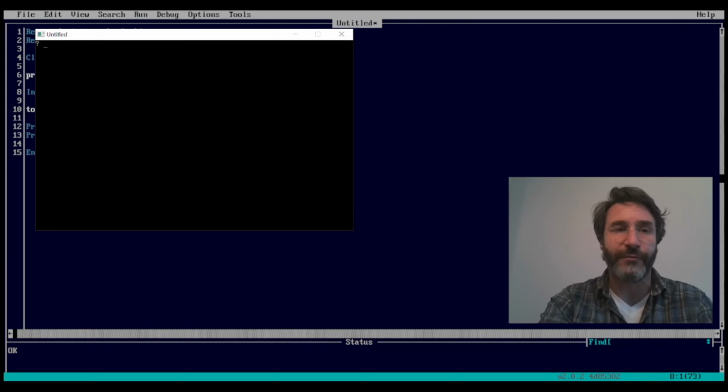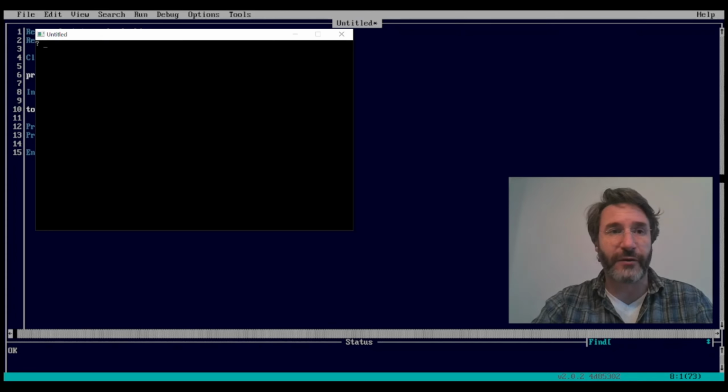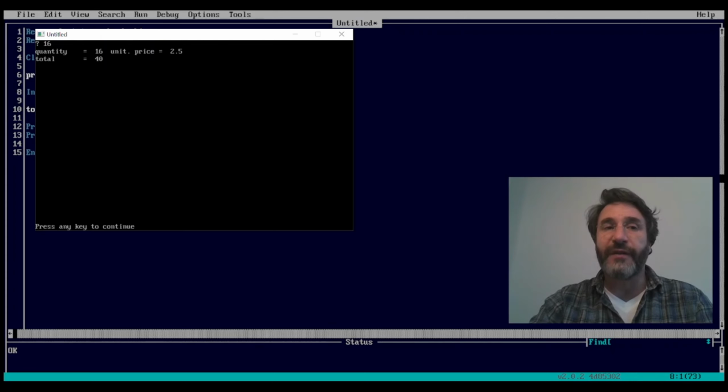So I'm going to insert 16 and hit the enter key, and then this is what you see. It worked exactly like it was working before, just that rather than inserting a fixed value for the QTY variable, this value was asked of the user in real time,